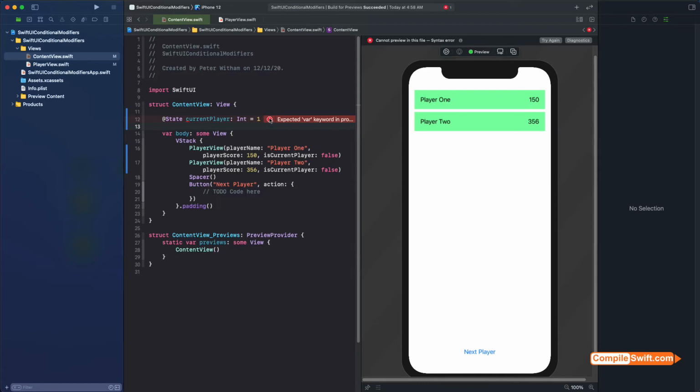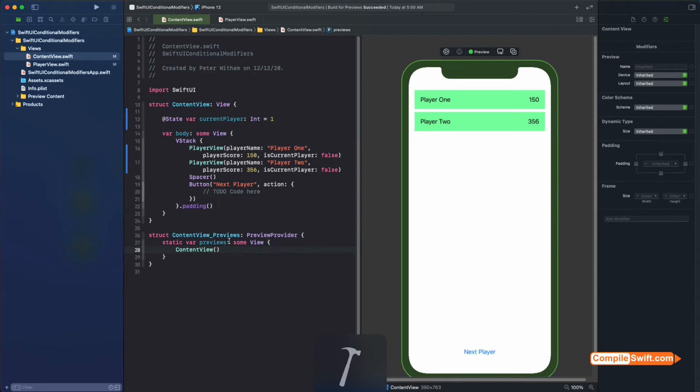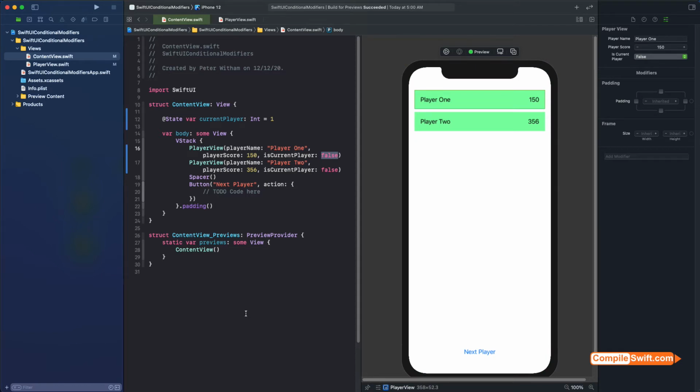And what you're going to find is, I've made a mistake there. Actually, I should have put var. Whoops. It's going to be fine here and it's going to run, right? But now we need to change this argument here because we're just hard coded to false. So we need to query current player. So we're going to say current player,